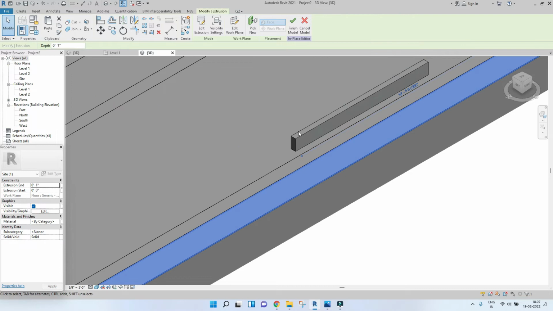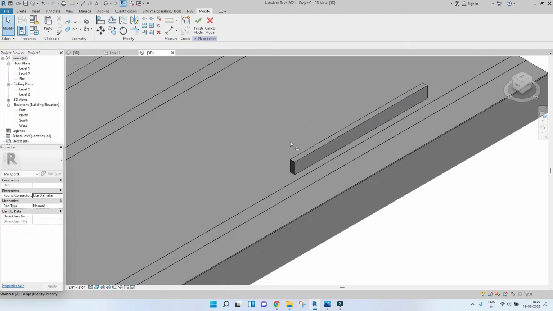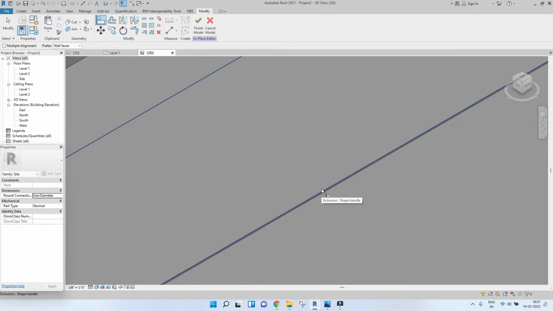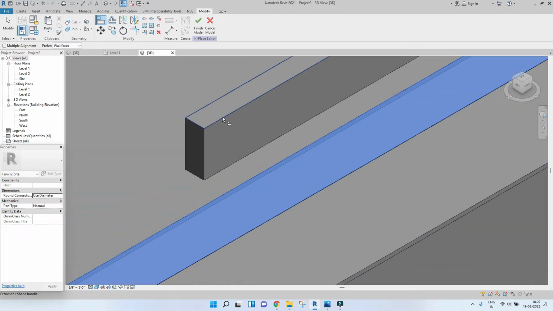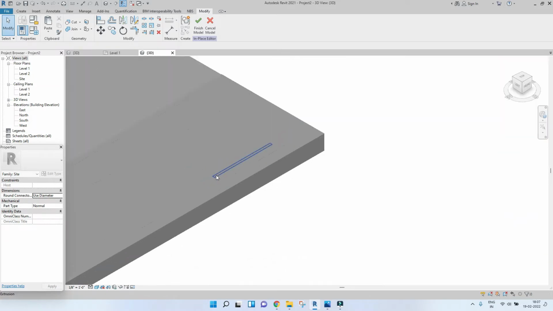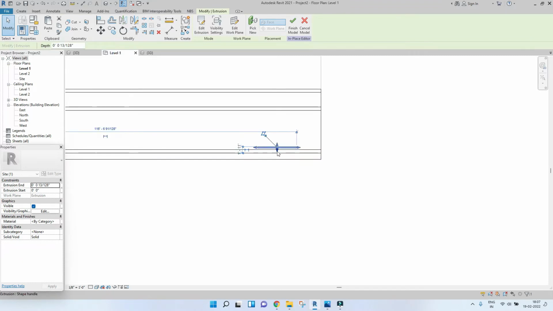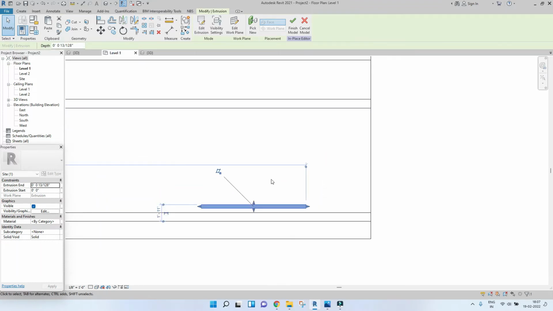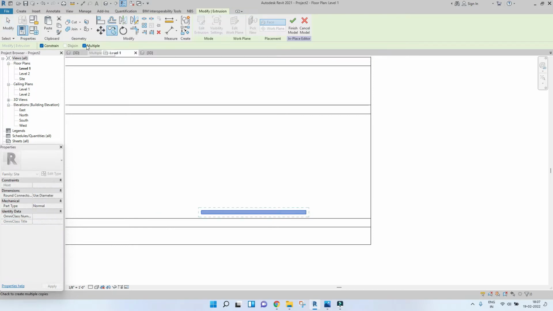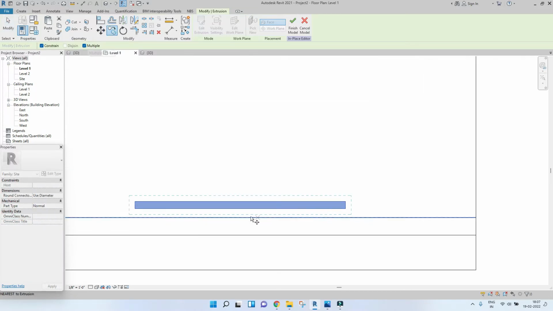Okay, and we'll just align the top of this line to the solid line. Select the top of your solid line and then the top of your crossing, and these two will be at the same level. And now let's just copy paste these, and to make sure they're at equal distances, select your copy option, make sure multiple is checked, and